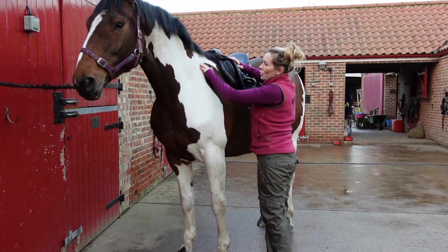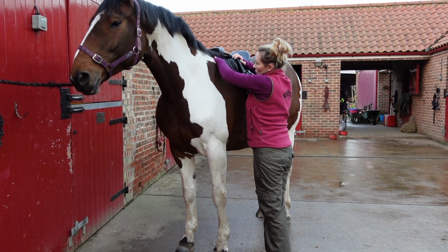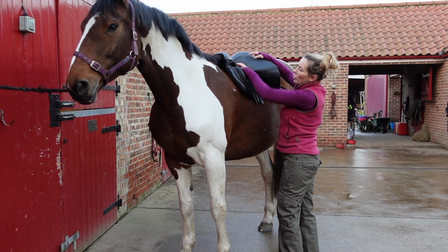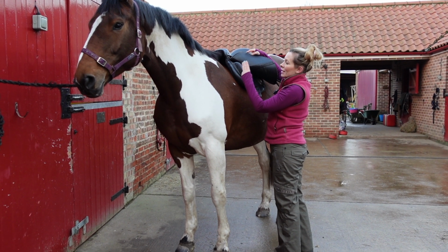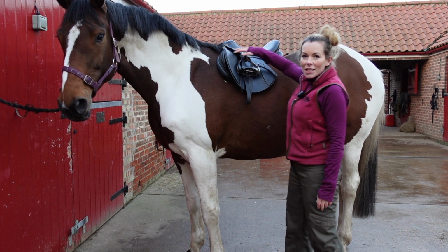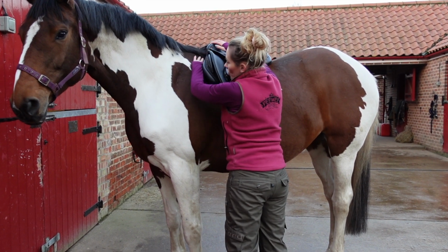We're going to palpate all around her scapula here until we come to the back of it. So this here is the back of her scapula, this here is the point of the tree, and we want three fingers gap. So on her, that would mean the saddle sits about here. So you might see the saddle sitting here and see how much, there's a huge amount of shoulder here in